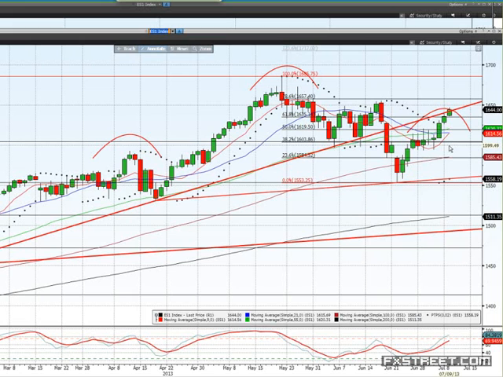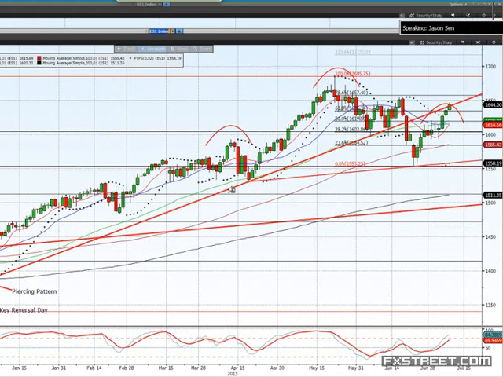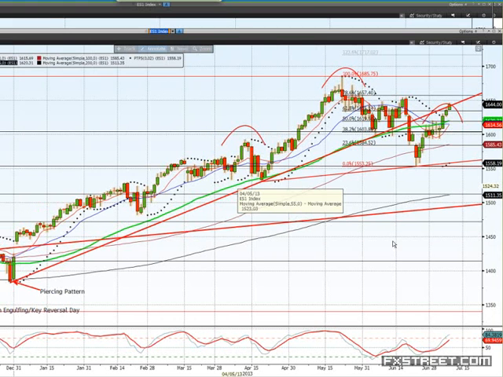The ones I really pay attention to are the 100 and the 200. They tend to act as quite good levels. I guess more people are looking at them. It would make sense. Longer term traders are going to be paying more attention to those sort of areas, and so do I. I keep the 9 and the 21 and the 55 on. The 55 is worth keeping an eye on actually, because you can see here, in fact, it's worked quite nicely. It's the green line. I'll try and highlight it. It has worked quite well as support and resistance, so worth paying attention to. Short-term traders, yeah, 21 and 9-day. Keep an eye on that, I guess.